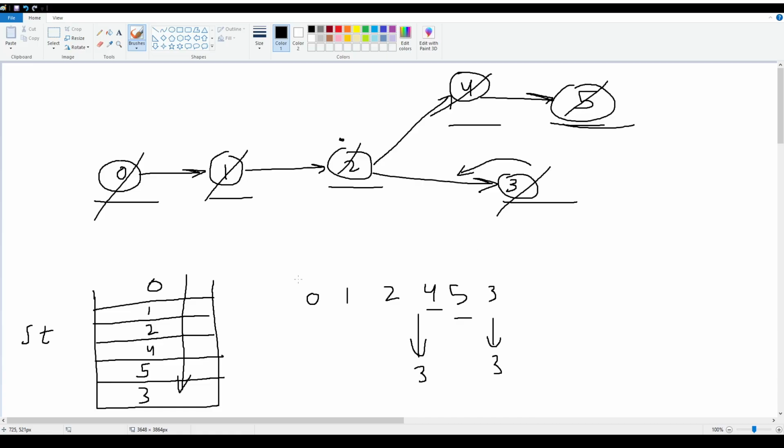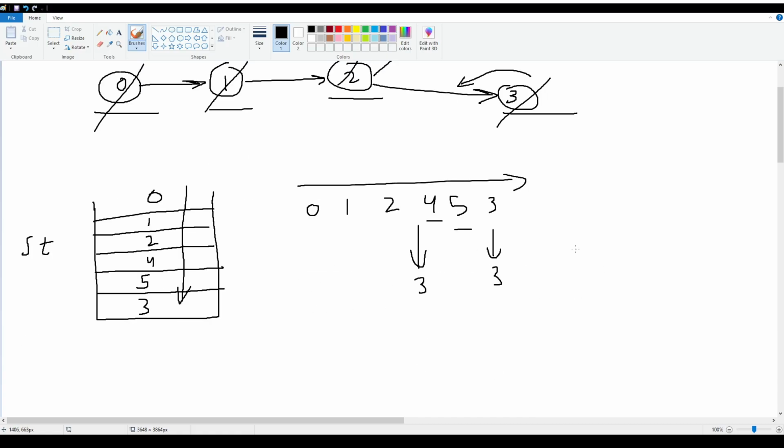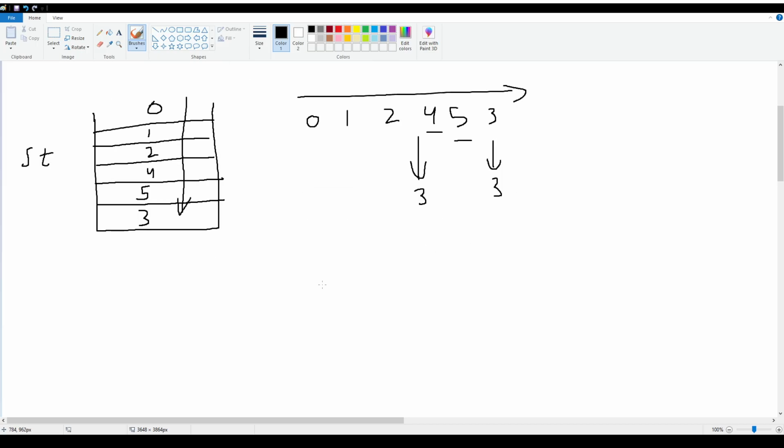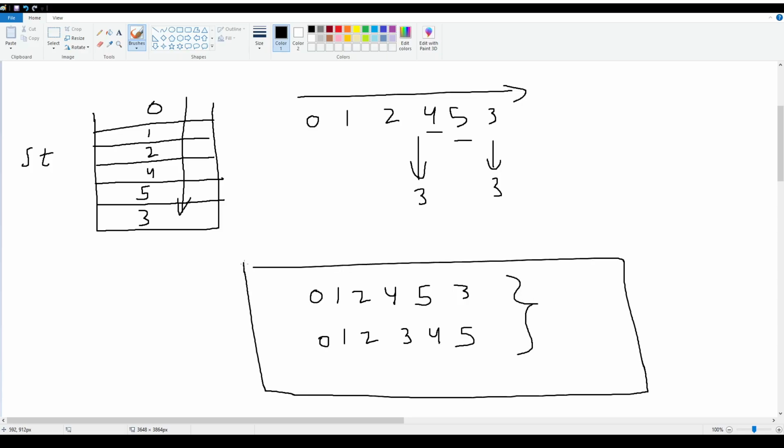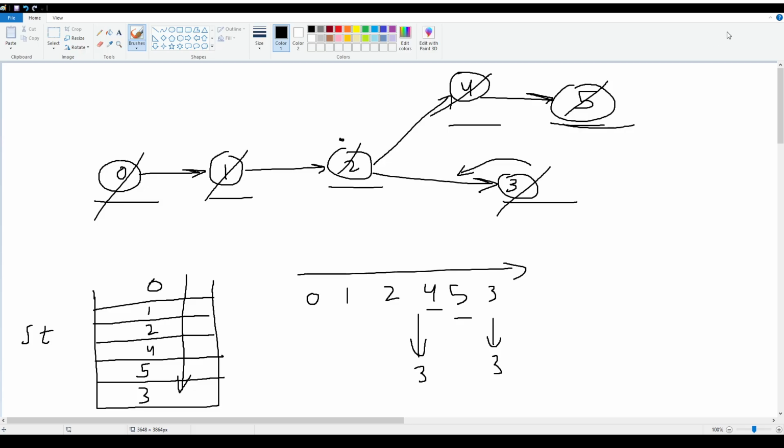So this is a valid topological sort. We can see it satisfies all of the conditions of topological sorting. So this can be a valid topological sort. Another can be 0, 1, 2, 3, 4, 5. This can also be a valid topological sort. So there we have topological sorts, and